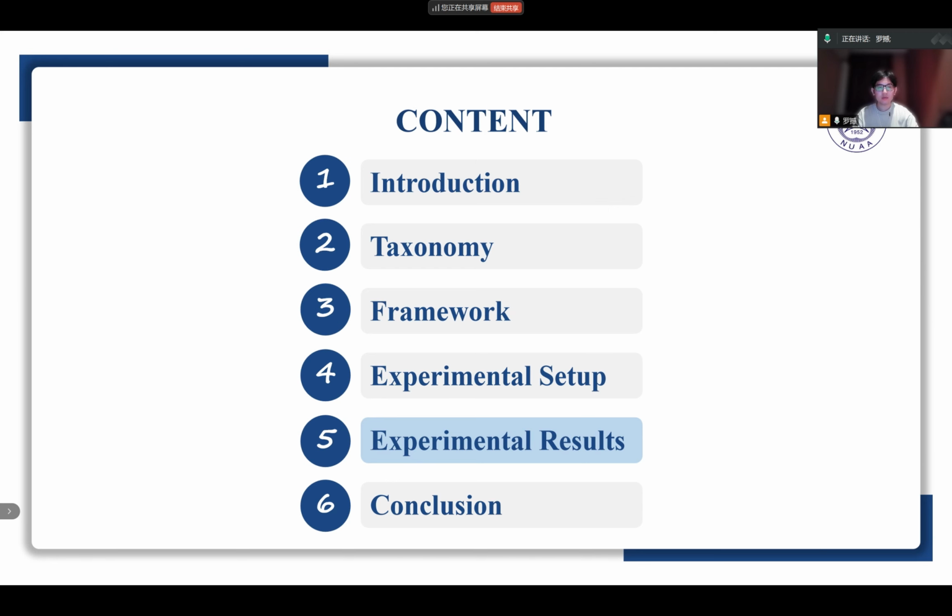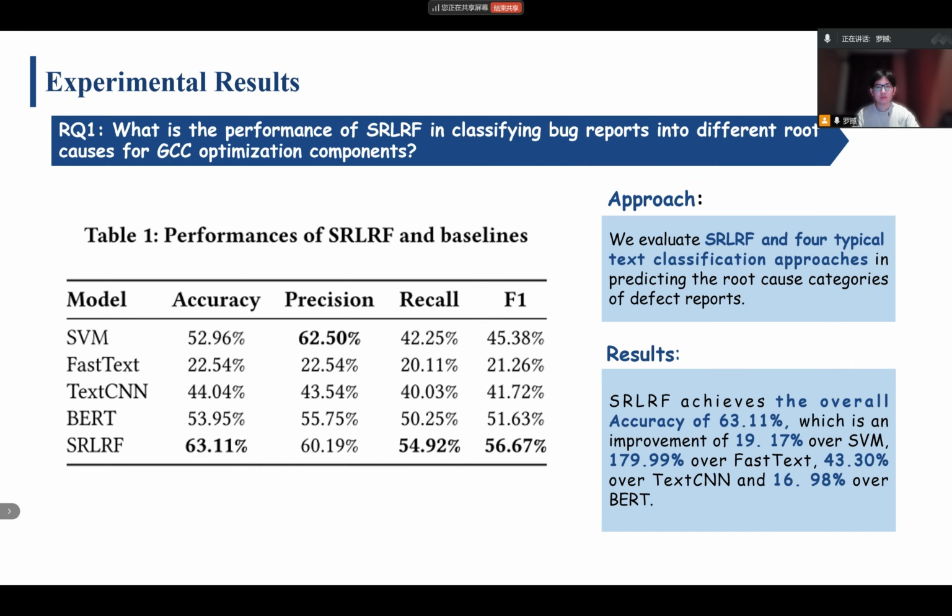Section 5, Experimental results. RQ1. What is the performance of SRLRF in classifying bug reports into different root causes for GCC optimization components? We evaluate SRLRF and 4 typical text classification approaches in predicting the root cause categories of defect reports. The results show that SRLRF achieves the overall accuracy of